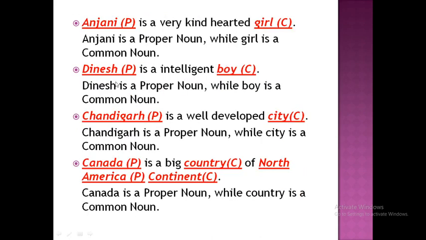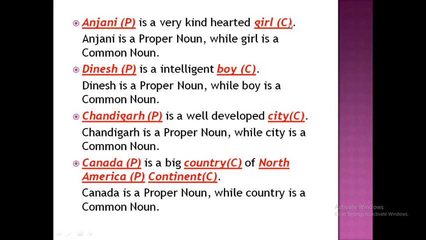Next, this is just an example to understand common and proper nouns a bit more deeply. The first sentence is: Anjani is a very kind-hearted girl. Dinesh is an intelligent boy. Chandigarh is a well-developed city. Canada is a big country of the North America continent. How clearly it is specified in all these sentences about the proper noun and common noun. The P given in parenthesis and the C given in parenthesis refer to proper noun